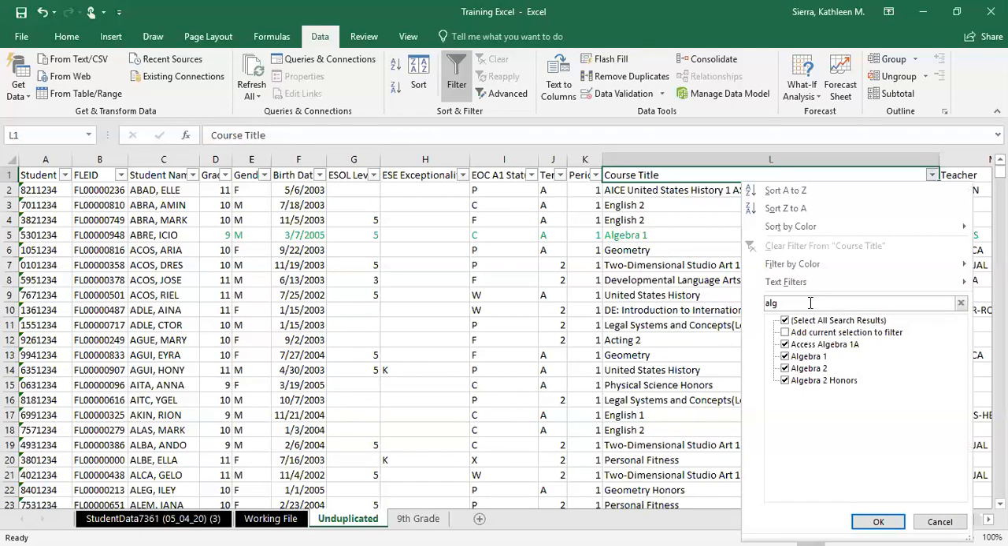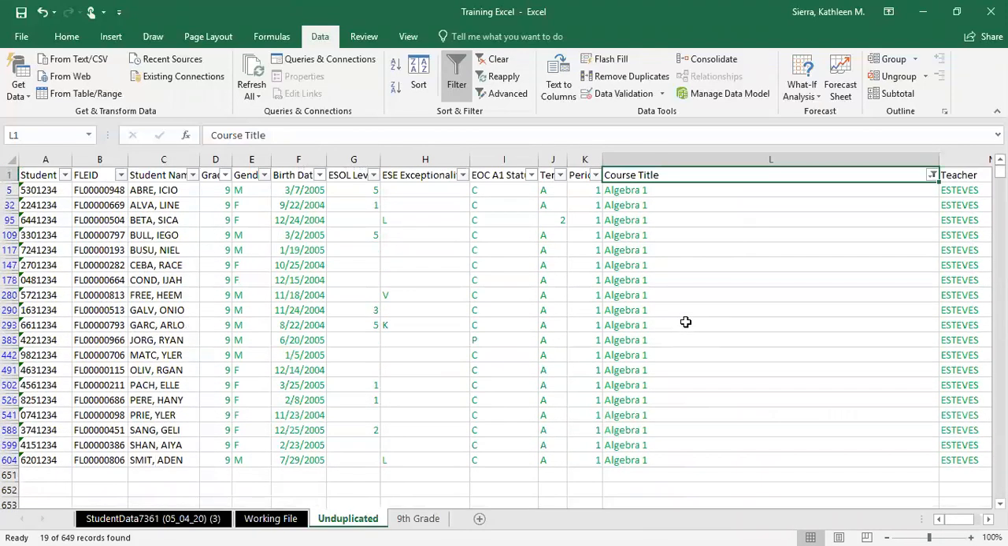So Denise, real quick, if I want to see just my algebra, I typed in ALG. This gives me every course that has ALG in it. I know that I just want my Algebra 1. I hit OK, and there's all my Algebra 1. Ooh, that's what I need. This is amazing because I do have students that take algebra and